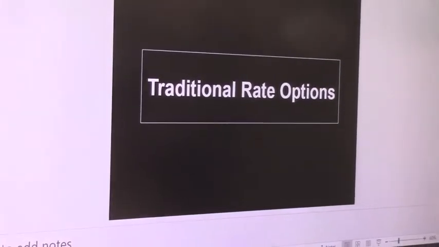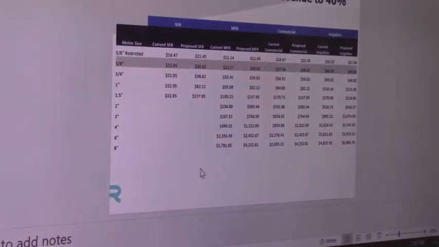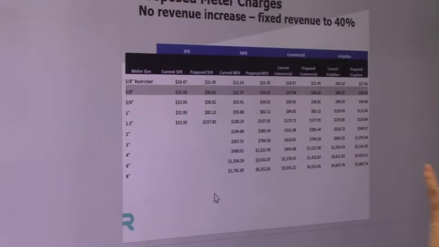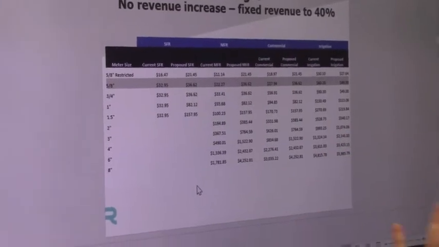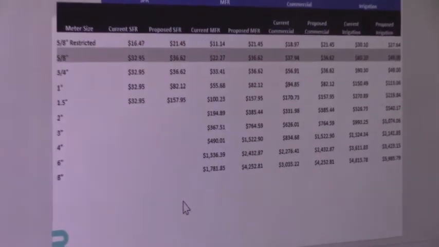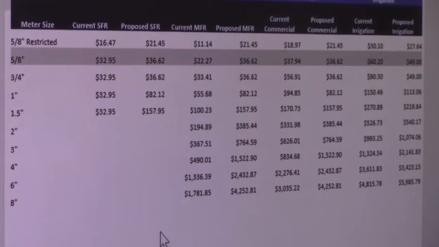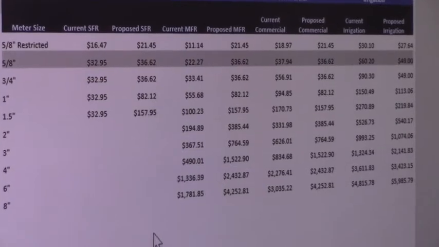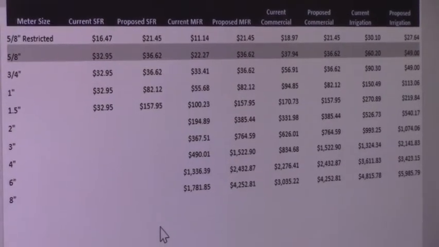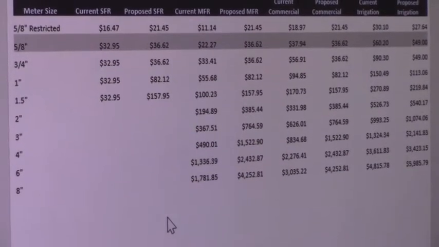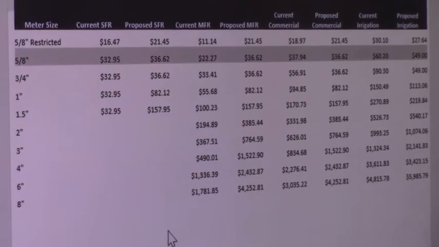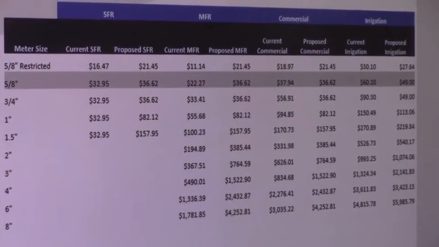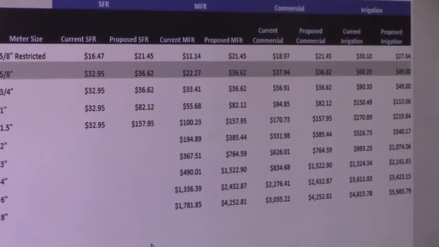The recommendations that we're making on the fixed service charges, now this exercise that they've gone through here does not include any of the projected increase in revenue need. This is just taking the same cost components that are in our current rate structure and applying them to their modifications to see what those comparisons would be. So, to compare apples to apples, without putting that revenue need on top of it yet.